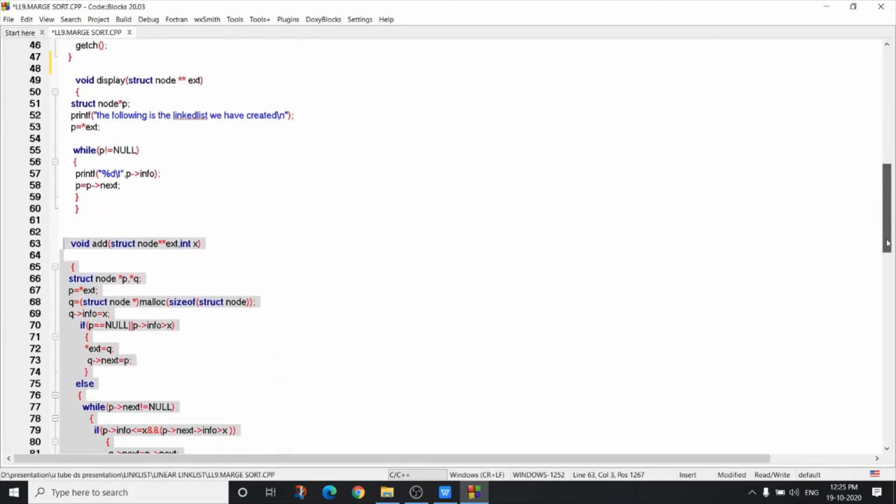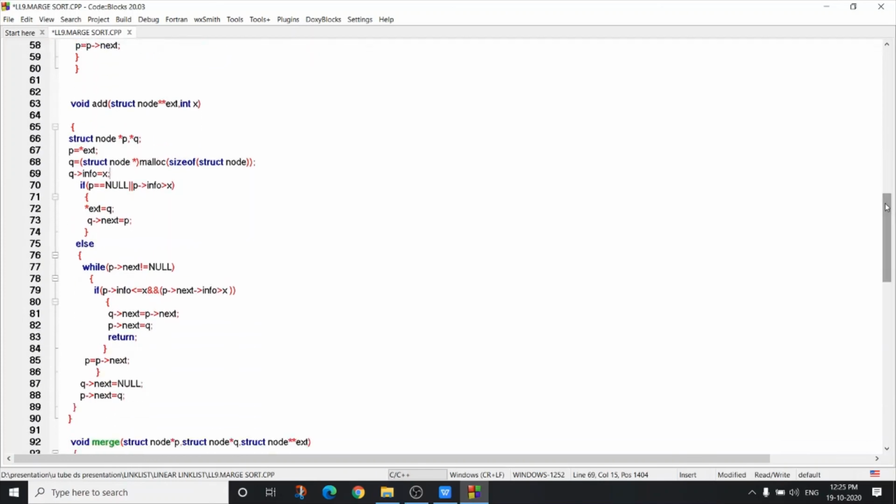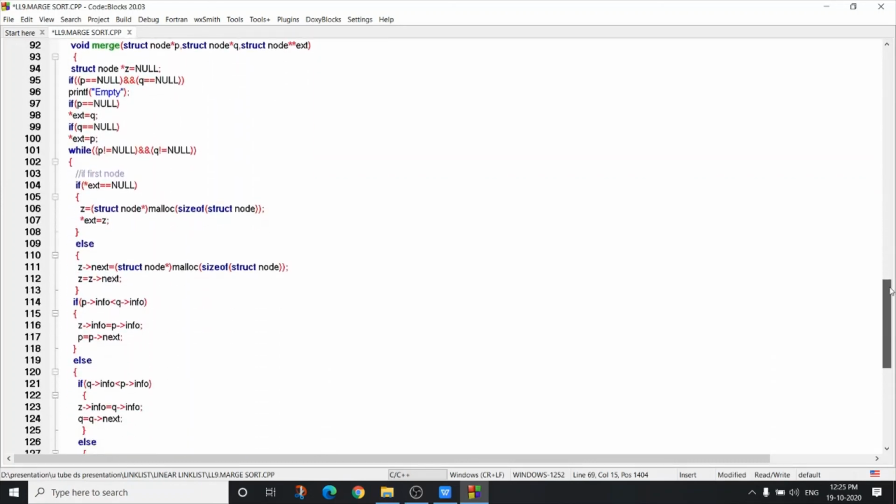This is the display function. This is the add function. And this is the merge function.